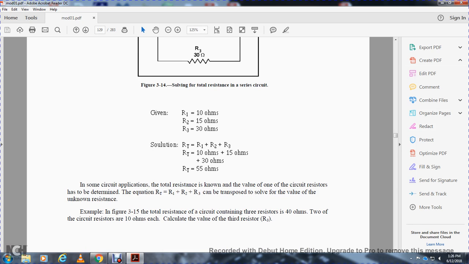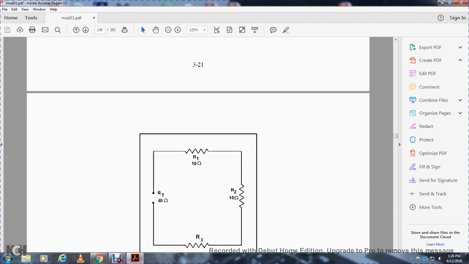Some circuit application for the total resistance: done with the value of the one circuit resistor to determine the equal of the resistance total. Resistors totaled by resistance 1 plus resistor 2 plus resistor 3, the sum of the value of the unknown resistance. Example, figure 315, with the total resistance of a circuit containing 3 resistors at 40 ohms, and 2 resistors of 10 ohms each. Calculate the value of the third resistor. So you'd have 10, 20, and 10, 10, and also